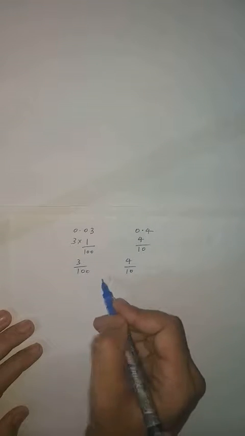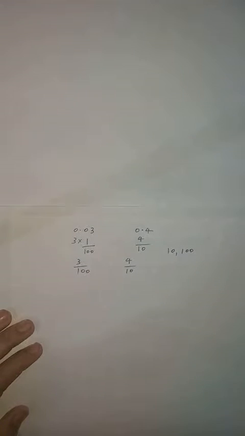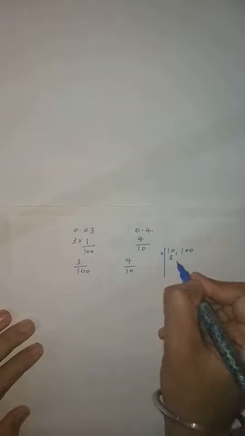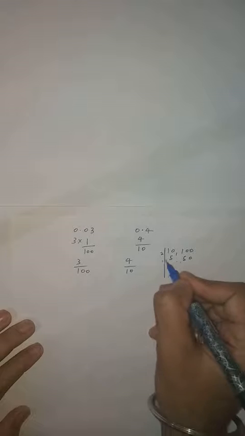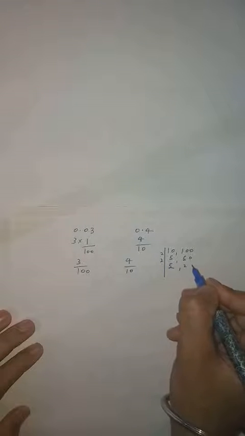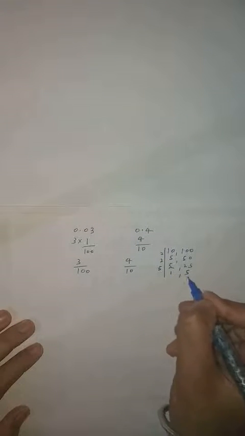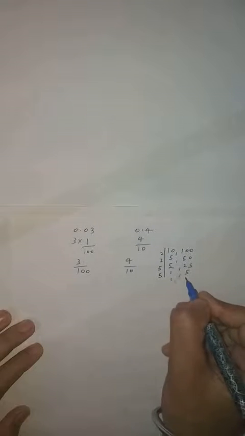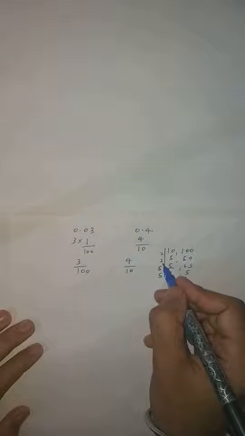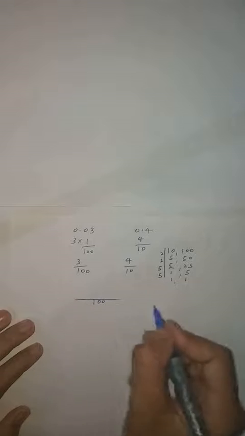So what will we do? We will take the LCM. You know how to take the LCM? 10 and 100 are given. So take the LCM of 10 and 100. Clear students? So you know the LCM of 10 and 100: 2 5s are 10, 2 5s are 10 0, then 5, then 2 2s are 4, 2 5s are 10. Now it is divisible by 5. 5 1s are 5, 5 5s are 25, then 5 5 1s are 5. So what is the LCM, students? 5 5s are 25, 25 2s are 50, 50 2s are 100. So 100 is the LCM.